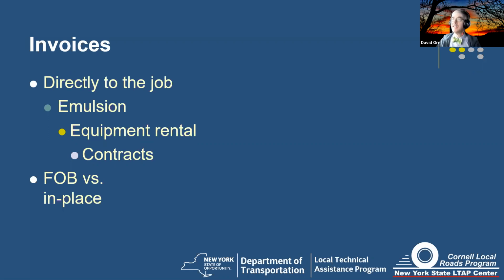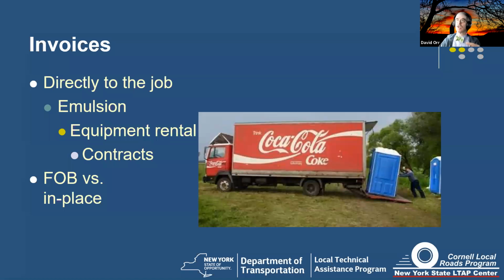Freight on board. Yep. There's actually different definitions of FOB. Free on board and freight on board are both in the state spec in different places. I've seen it written down as official in other states. But the way I think about it is FOB means I went to pick it up at the plant. And so I have not got a complete cost yet. What I have to do is include the cost of shipping the item from the plant to the job site. Okay. So I have to account for the freight. So the F is either the freight, if you want to think of it that way, or you got it for free, but you got to still pay for the shipping.